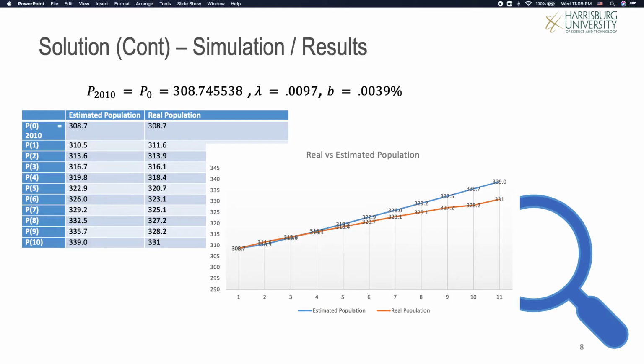So now let's go. When we put in this calculation, of course, P0 was 2010. Originally, if you look at this graph, which is a straight line, you can see it started matching a little bit. P1 was 310, and the real population was 311. For P2, 2012, you see 313 million approximately. The next ones are 316 million, 319, 318. The estimated and